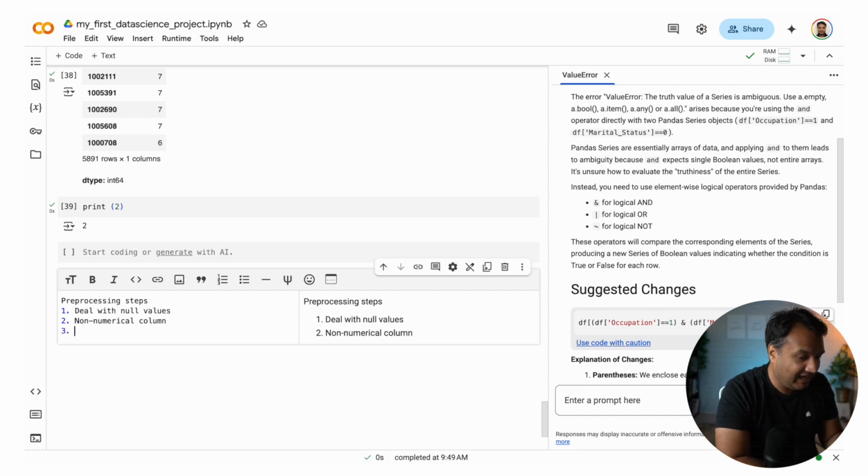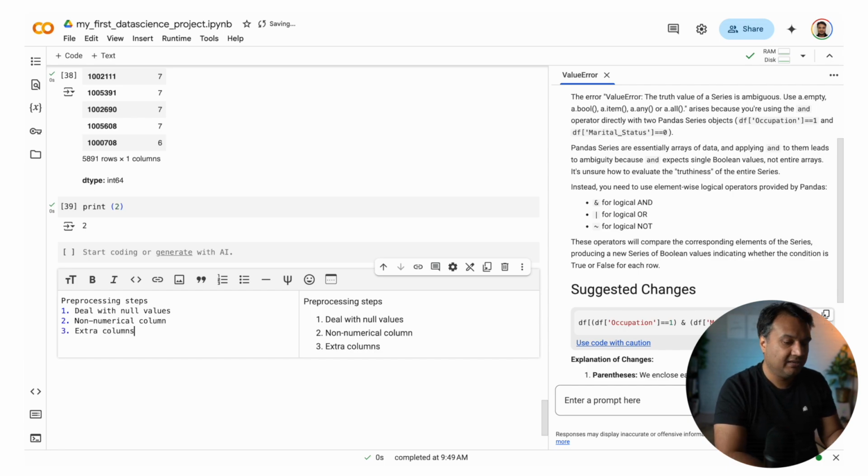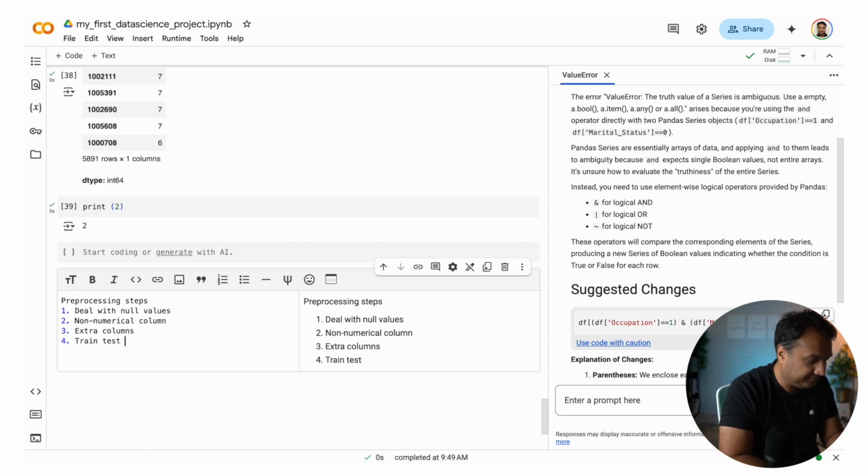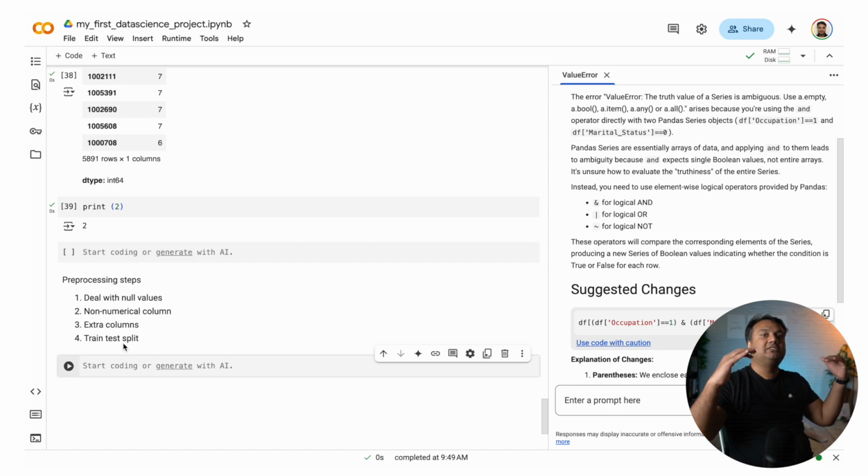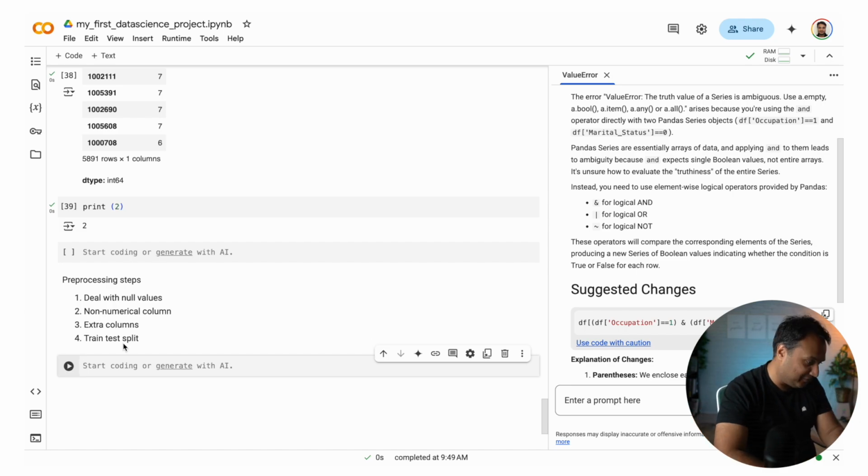The third thing which we have to do is that there are some extra columns. We have to drop them. And then we have to split the data, train test split. What is it? I'll come to it in a second. Okay, so these are the pre-processing steps which we have to take.